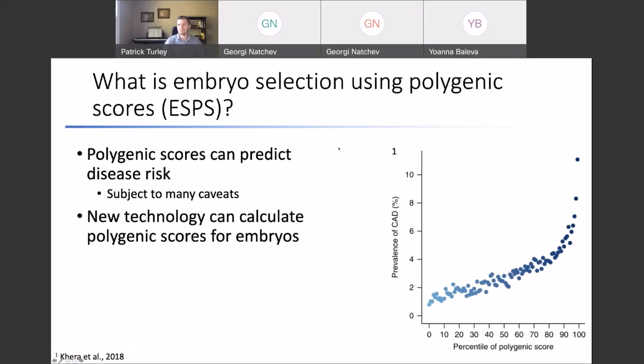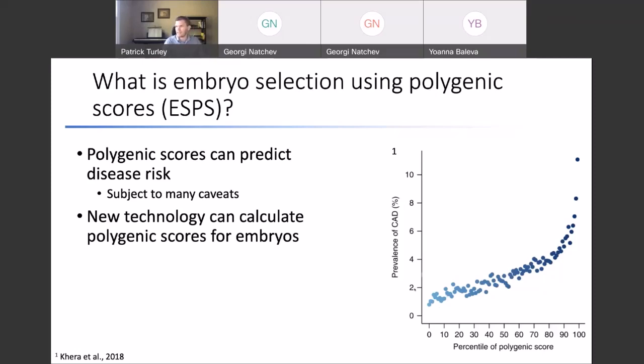So just to start off, polygenic scores are a summary measure of our best guess of a person's risk for some disease or some trait, just based on genes throughout their entire genome. So instead of looking at single gene disorders, these are complex traits that can be affected by genes across the whole genome. And so, for example, there's this paper, Kara et al., where they created a polygenic score for cardiovascular